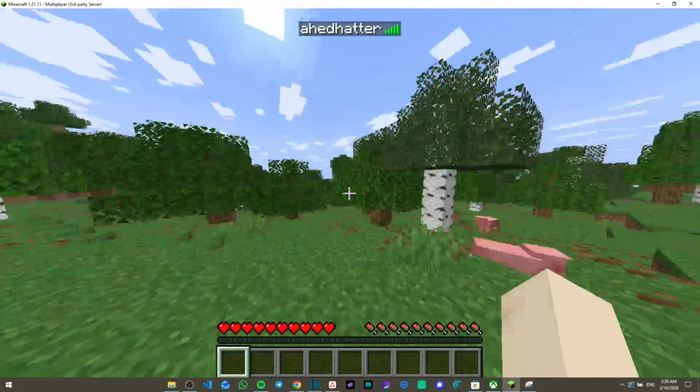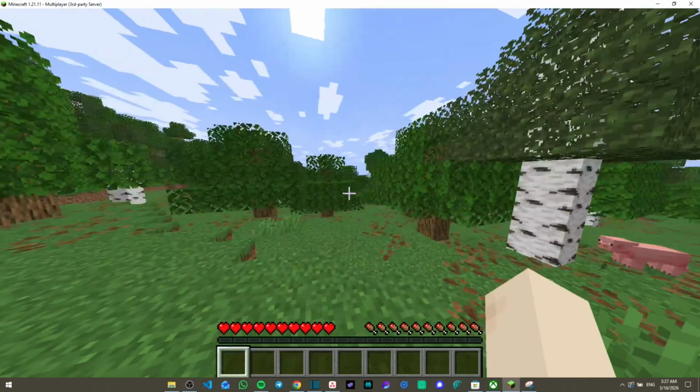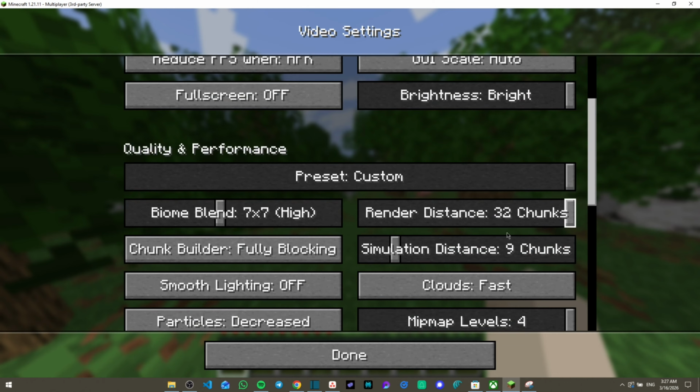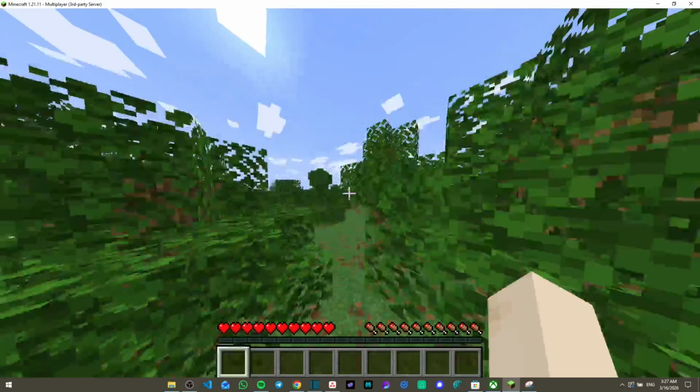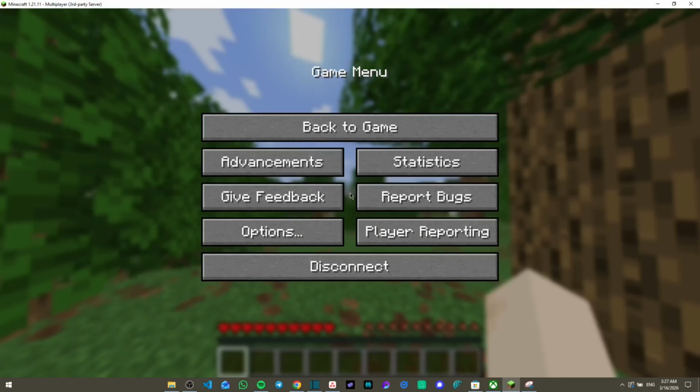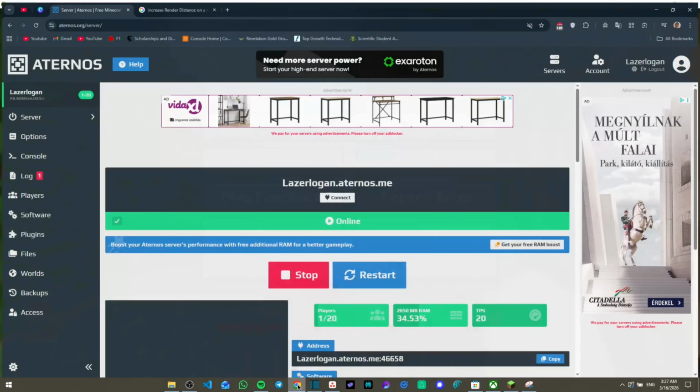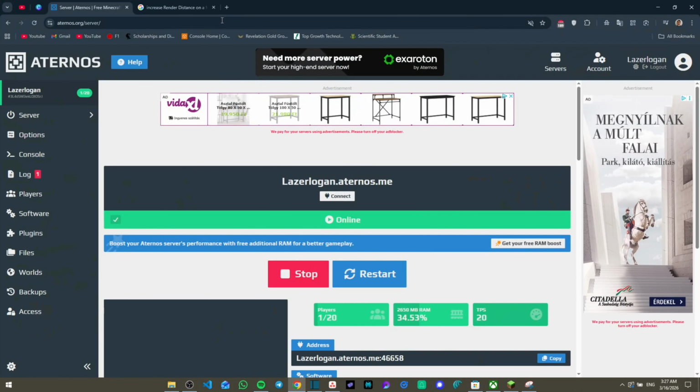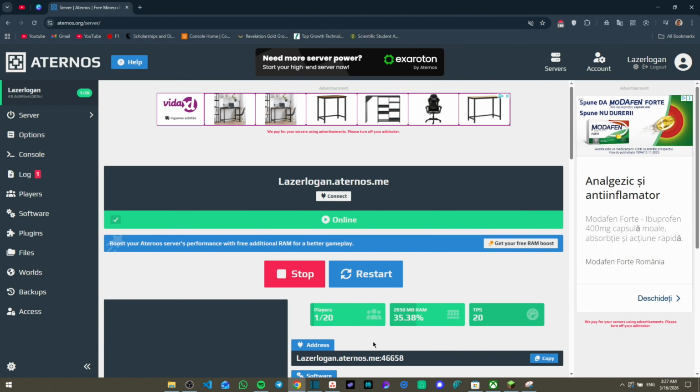So as you can see right now, I'm in my own server right here. You can see the render distance, and this is going to be for your own personal computer, but if you increase it more and it doesn't change, that's because of course it's limited by the server. Now if you're using any type of server, it works the exact same way. So for me, for example, I'm going to use Aternos, but you can do the exact same on anything